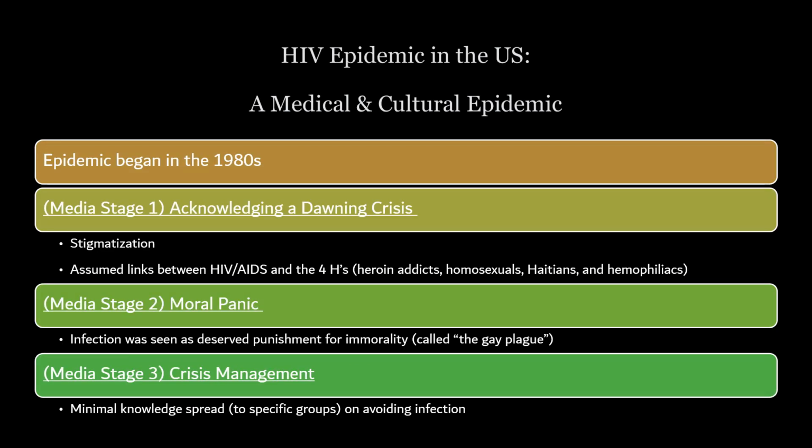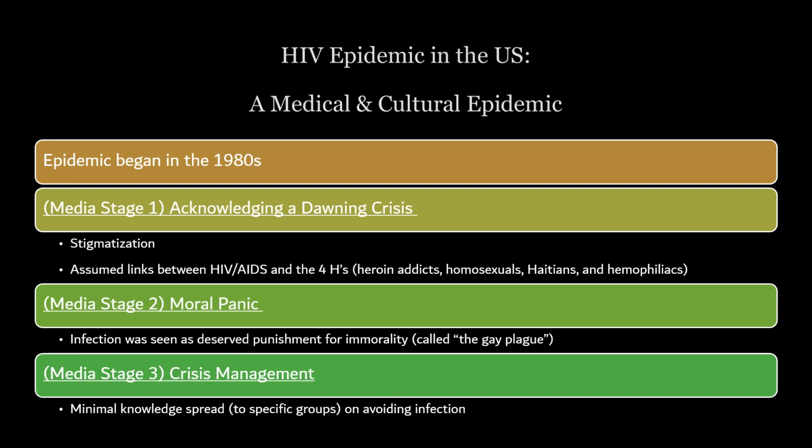Now, looking at the way that the United States handled the HIV and AIDS epidemic in the 80s and 90s, this was not just a medical epidemic, this was a moment of mass cultural hysteria and a lot of homophobia and transphobia. So the epidemic first started in the 1980s, and early on, the media was